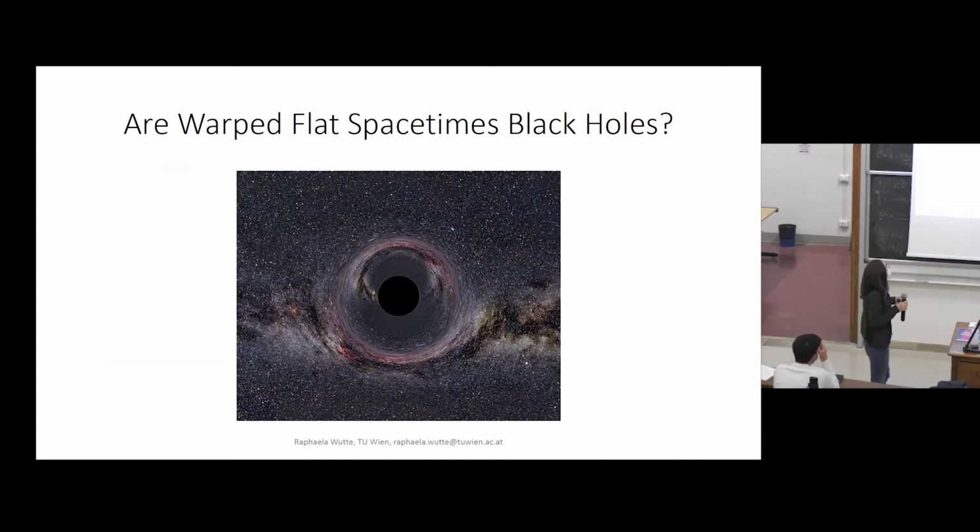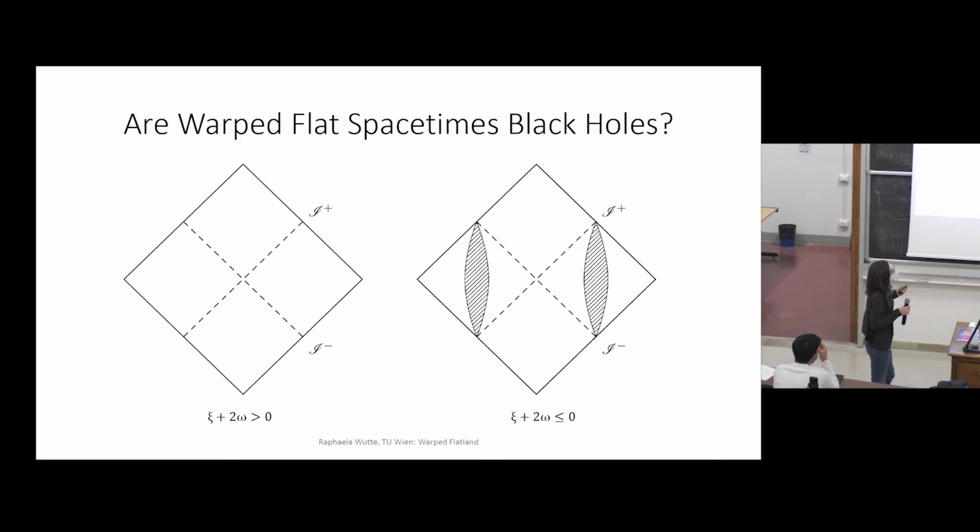This is more difficult than you would think, because it's a 3D spacetime and everything seems super easy. But we actually used non-standard methods, because when you try to do the usual conformal compactification, you see that it doesn't work out. So it seems to be the case that they are not conformally compactifiable, but you can use a very similar method. And if you construct the causal diagram, they look like this.